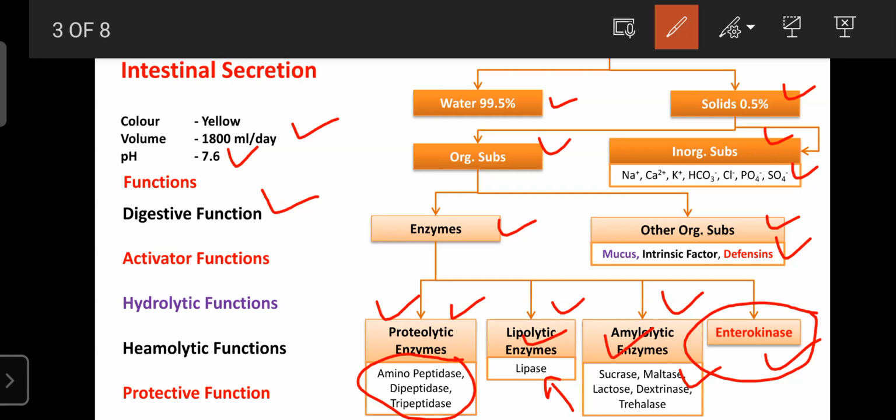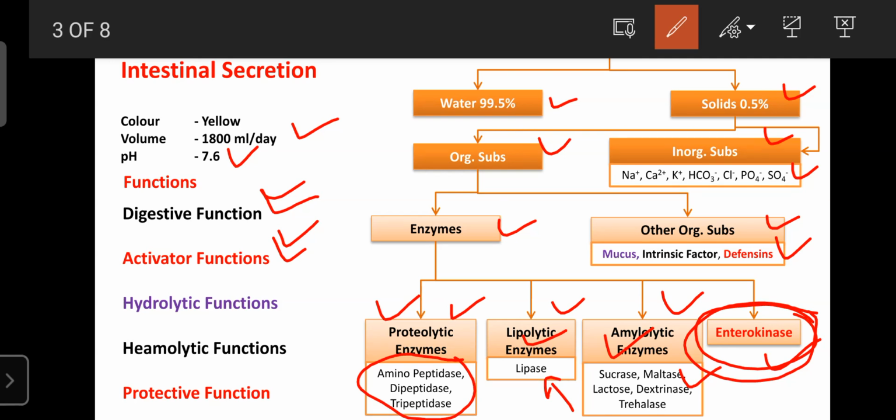So that's why the small intestine plays an important role in the digestive functions. Another one is that it is also involved in the activator function. It can activate the movement, or it can activate the secretions from the gallbladder or the pancreas, because it consists of the enterokinase. That enzyme gives the signal to the pancreatic gland. So when food comes into the duodenum, it can start to secrete the secretions. It gives the signal to the gallbladder, and only then the gallbladder can secrete the bile. So that's why the intestinal secretion is also involved in showing the activator functions,